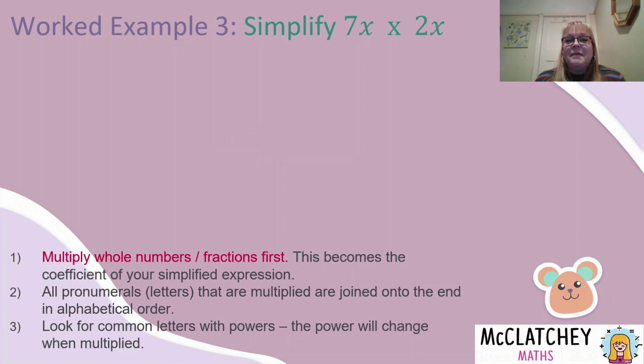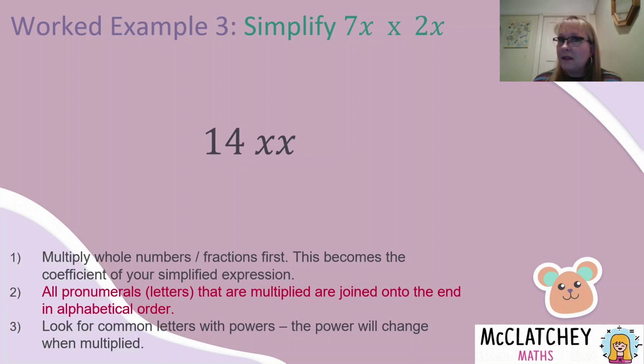Okay, next worked example, 7x times 2x. So once again, those whole numbers first, 7 times 2 makes 14. Now you notice that both terms have an x. So I could write that as x times x. Or I could even simplify that further as xx. But the most correct way, because neither way is particularly wrong, the most simplified way of doing this is to